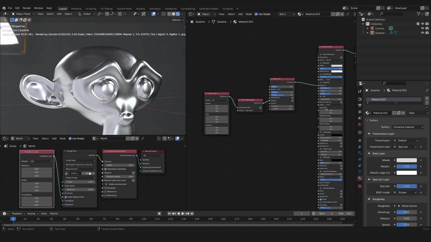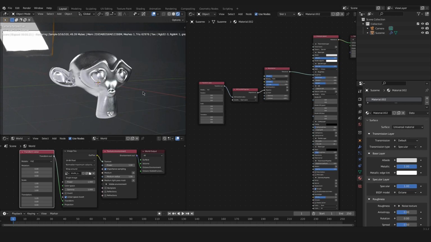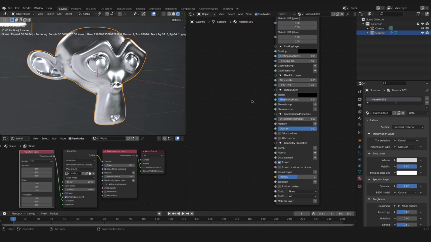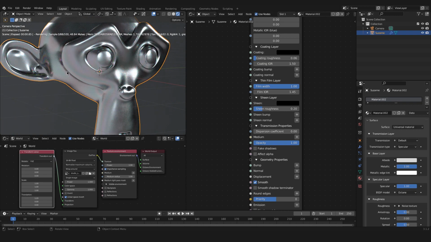That's great. And now we will go on, because we want to get a certain effect for our object. And this is the film width. And we will take this up a little bit for a pretty interesting effect, I think. In my case, I will take it all the way to 1. And when you take a close look to certain parts of your object, you will see that there's a light